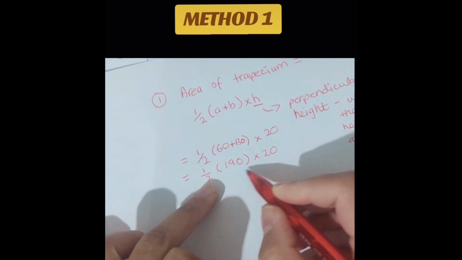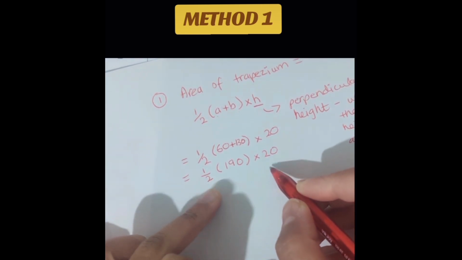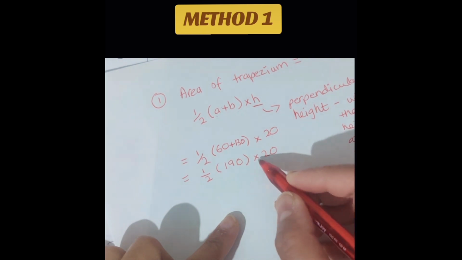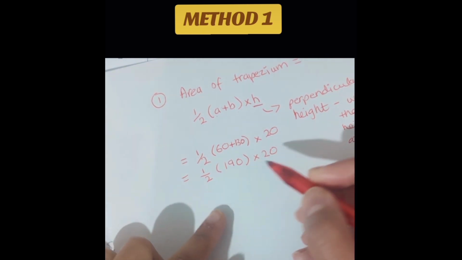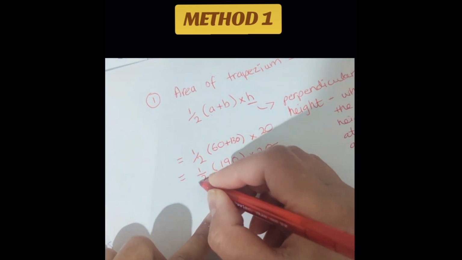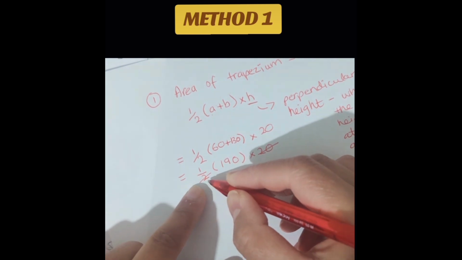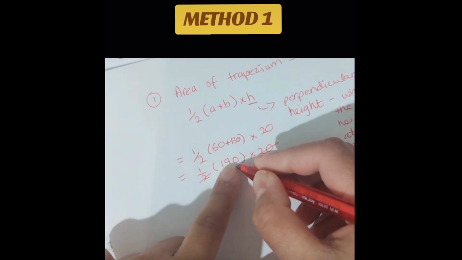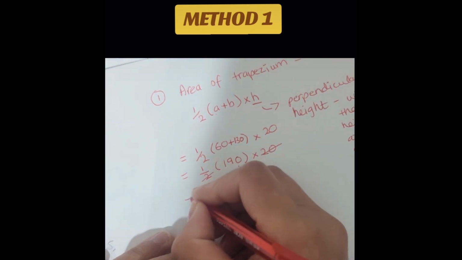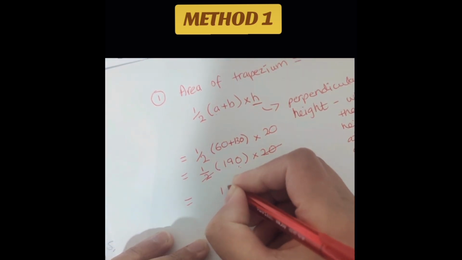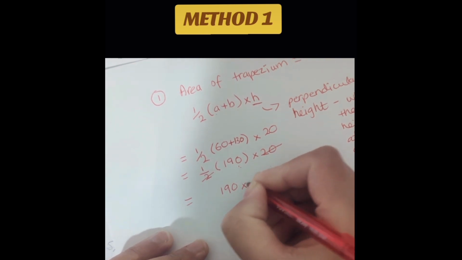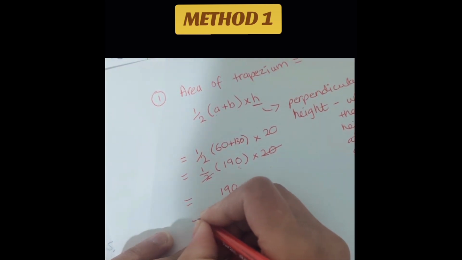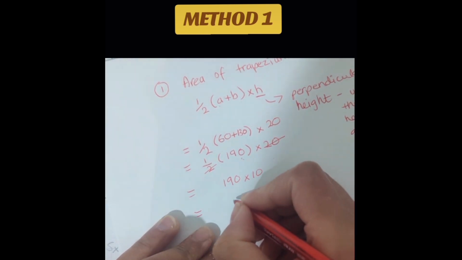Now there's multiple ways I can simplify this, but to make our life easier, because we have multiplication as well as division, I'm just going to cancel the 20 with the 2, because eventually we are going to half our answer. So why not just half it first and then multiply it with what's in my brackets. Okay, so if I half the 20, that means I've got 10, so that means I've got 190 times by 10, okay, which is equal to